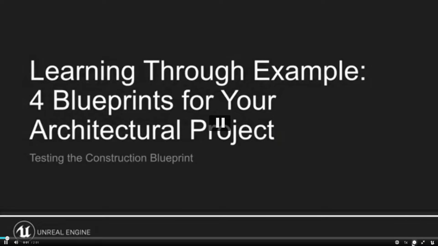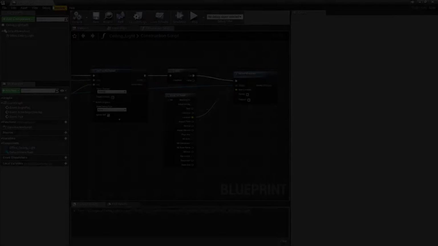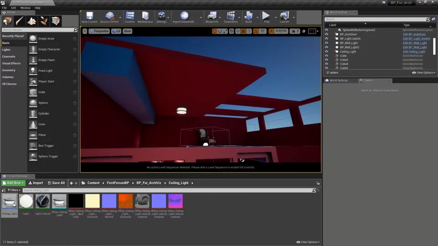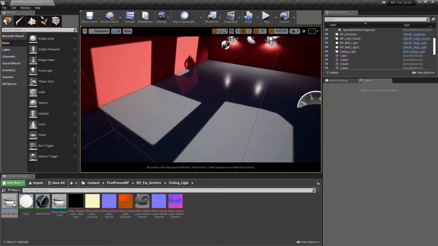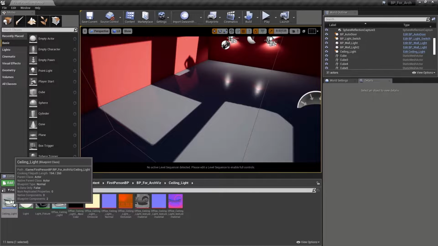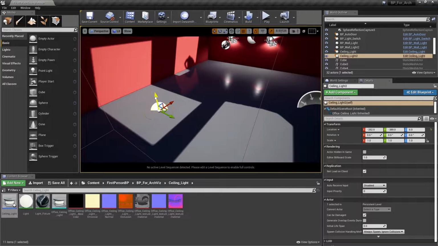With all of our logic in place now, time again to test out the blueprint and just make sure that it is all working as intended. And so, coming to the content browser, let's locate our ceiling light blueprint actor, and then click and drag it into the scene. As we move it around the ground, of course, nothing is really happening, but if we raise